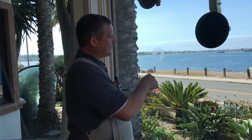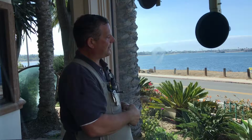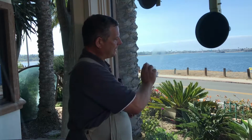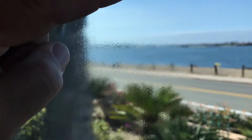As we see here, if this glass was good, I should be able to wipe this away. And obviously this glass is bad, because we're wiping this and it's not going away. If this glass was good, it would wipe away every time. We already know this glass is bad because we were here before to test it, but I thought I'd make this video just to show you. As we can see, water droplets are forming in this glass, so we know that this glass is bad. This glass is about 12 years old,